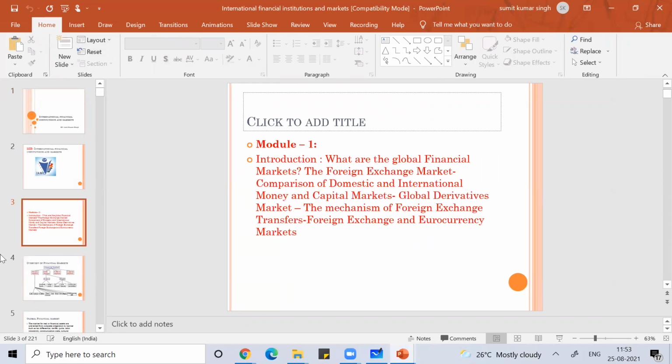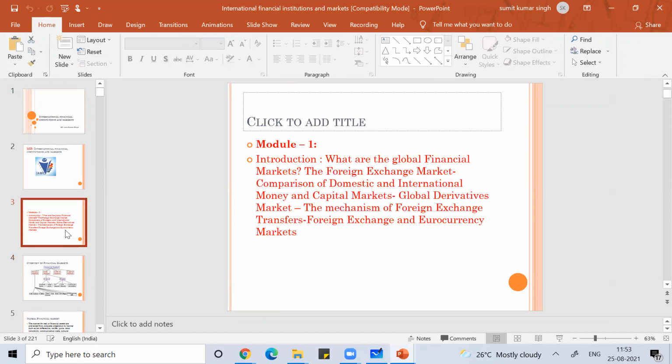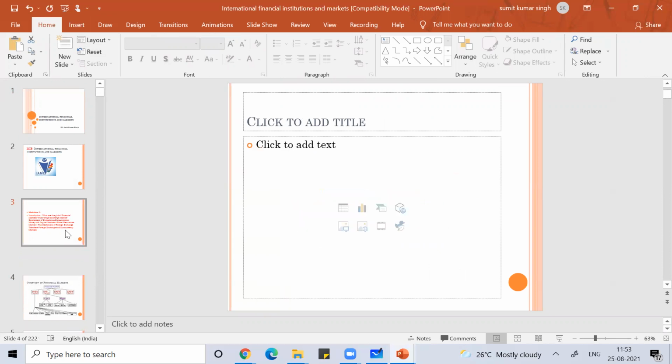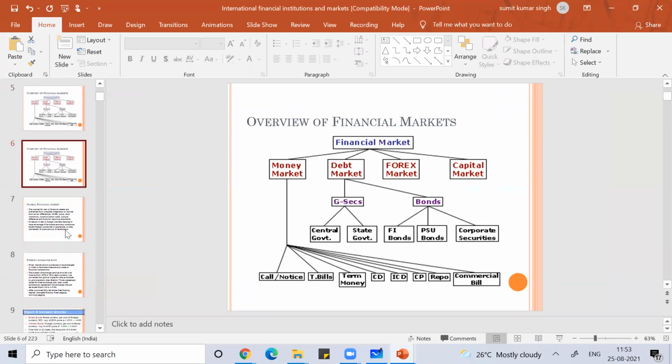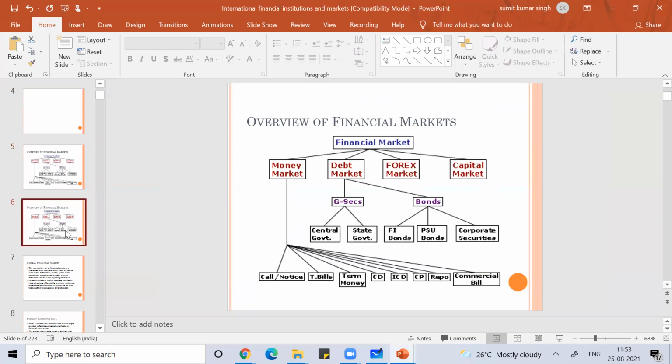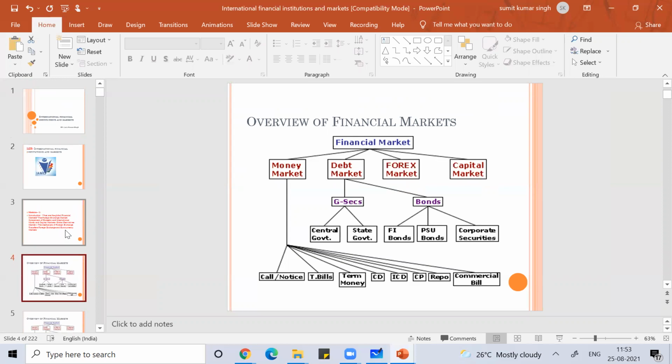Now if I want a new slide, Control M. If I want the same slide again, Control D, D means duplicate. If I want to delete it, simply click on the slide and press the delete key. It will get deleted.